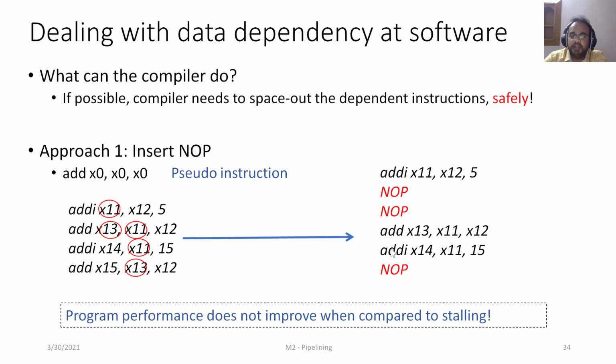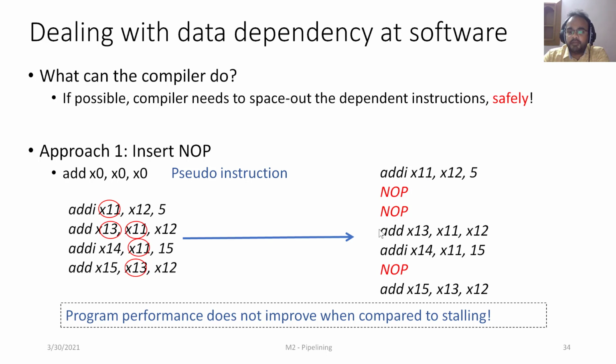We space out the third and the fourth instruction with another no-op, right? In this way, the 4 instructions have now become 7 instructions here, right? If you look at how they get executed,